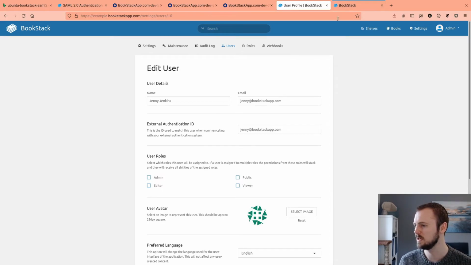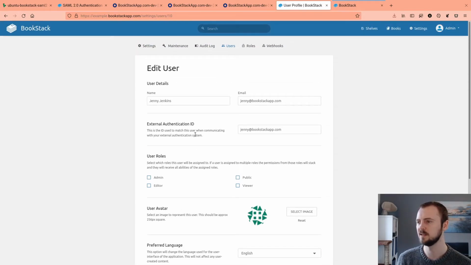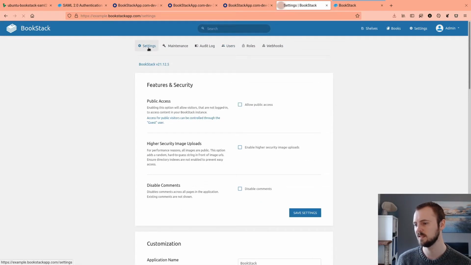You can see that Jenny here has no roles at the moment, so she has no privileges. What can we do to give her some roles? So one option is that we could just do this manually. So she can just log in, and then we manually assign admin if needed or other roles, and it's just all manually done. But of course, that might not scale ideally or work to how you want to manage your BookStack instance. As quite a simple alternative, what we can do instead, if we go to the settings area,